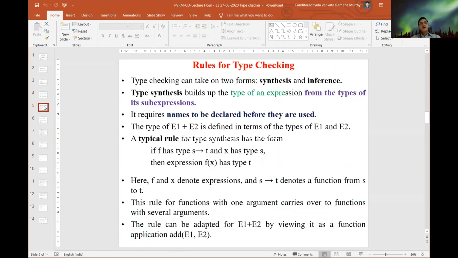What is the main thing we identified till now? In order to avoid all these runtime errors, we are including a lot of semantic rules attached to the type of each and every component of the program.